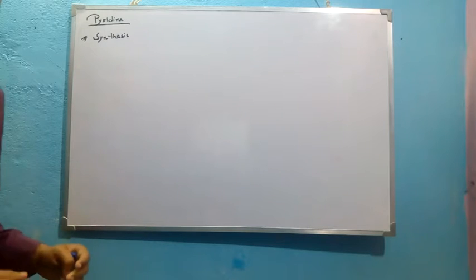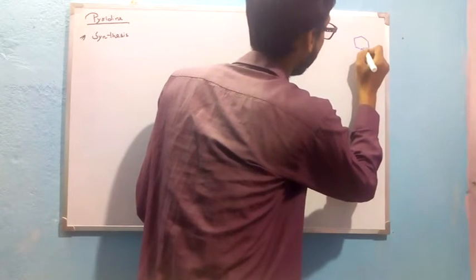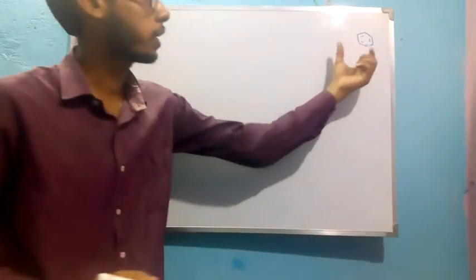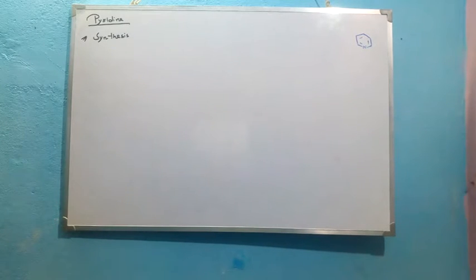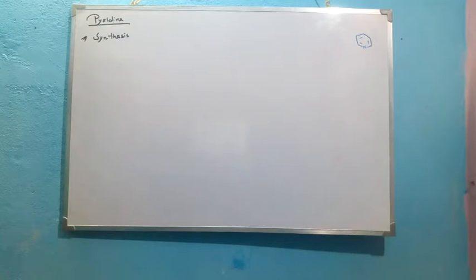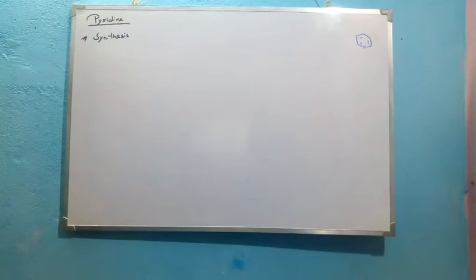Today I am discussing the remaining part of pyridine. In previous classes I discussed the basic heterocyclic chemistry of pyridine, and now let us see the structure of pyridine. It is a 6-membered heterocyclic ring with a nitrogen in the ring system, and this nitrogen is a tertiary nitrogen. The remaining part of this chapter covers the synthetic methodology, medicinal importance and the chemical reactions. So now, coming to them one by one,